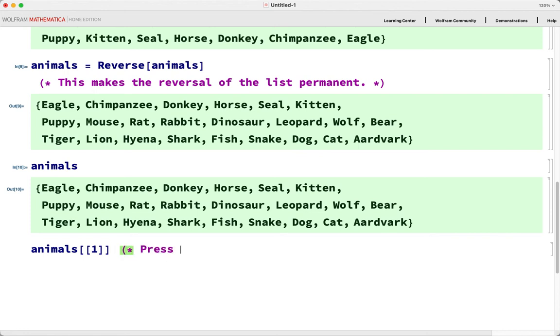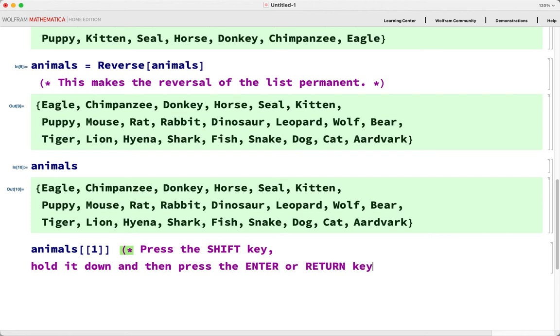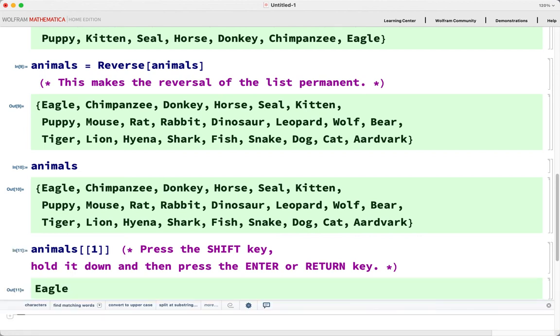Press the shift key, hold it down, and then press the enter or return key. Shift enter. Okay. So animals and then double brackets 1, that's going to return the first name or the first